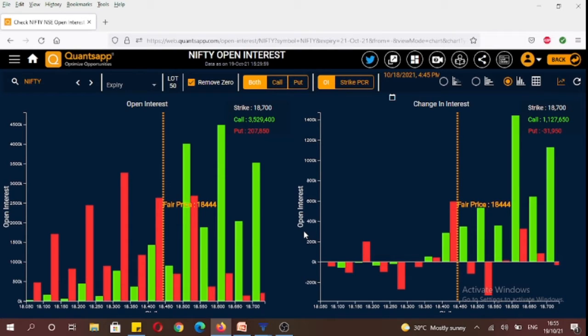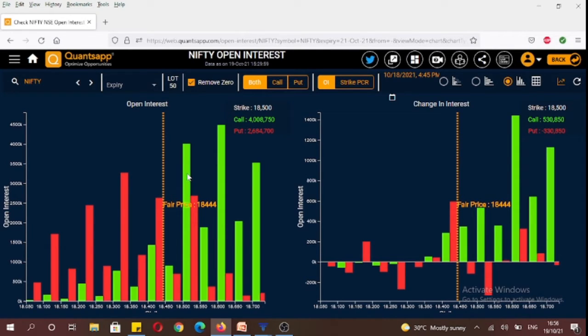So today was a very volatile day. Today we have formed an outside candlestick pattern on the index. If we see the overall open interest data, 18,600 has the highest amount of open interest in calls, and 18,500 call strike has the second highest amount of open interest data. These options are near the money or at the money. So based on that, 18,600 is going to act as a strong support as it did today, followed by